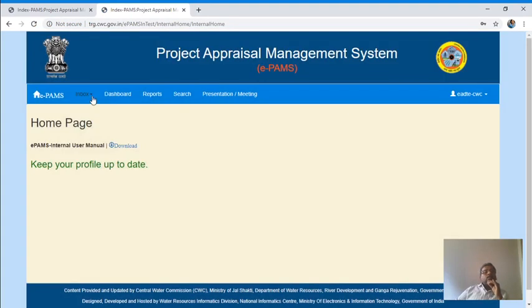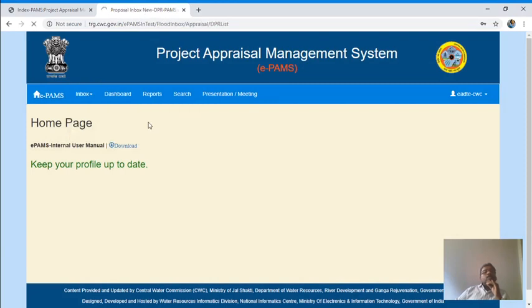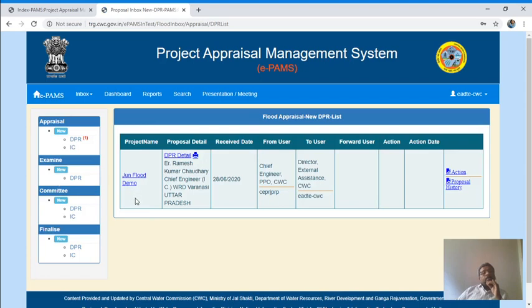Come in inbox. Just in inbox, click flood control. You can see it here, there is a project June flood demo. Now that officer can see the project from here and proposal detail from here and can take action.